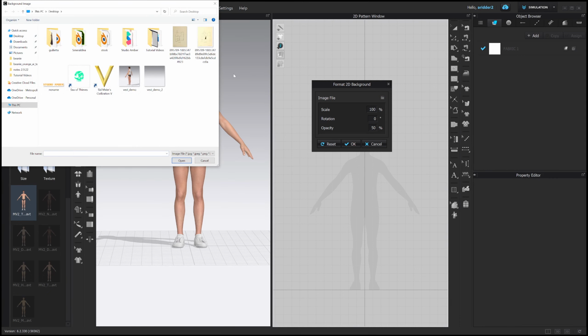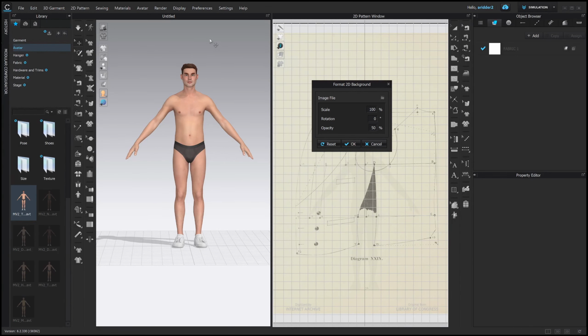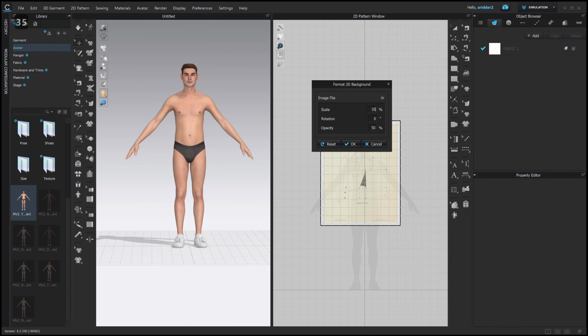And now you get to try and figure out where you saved your pattern. Mine is right there. And it'll just go ahead and pop up in the background. Now I've already worked through this pattern, and so I know that I need to change the scale to 35%, and that should be the same on yours as well. We can leave the opacity at 50, or if it's hard for you to see, you can turn that up to 100 as well. And then we're going to go ahead and click